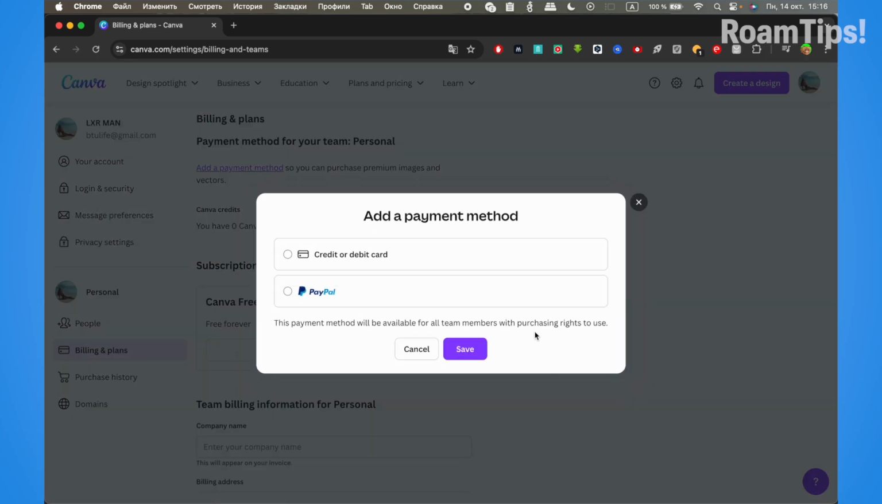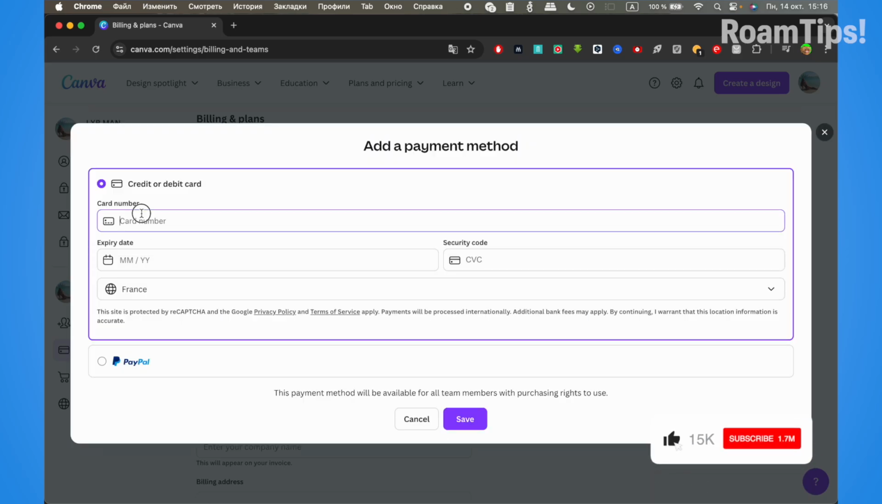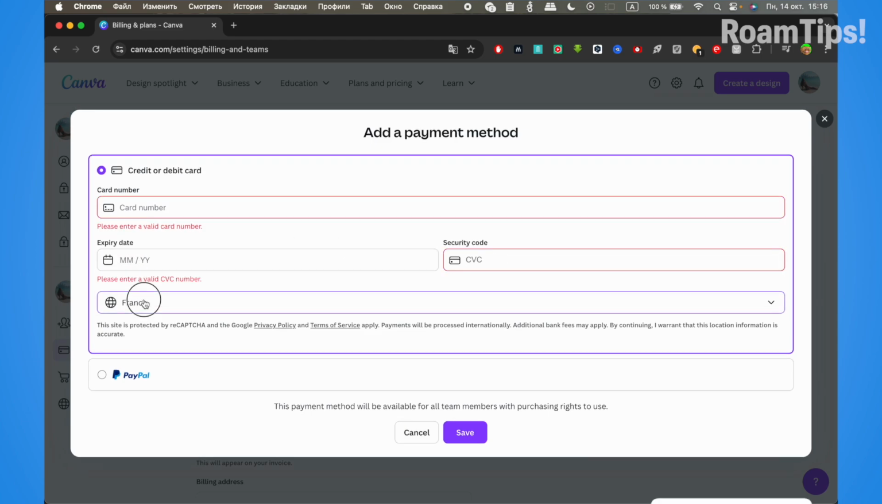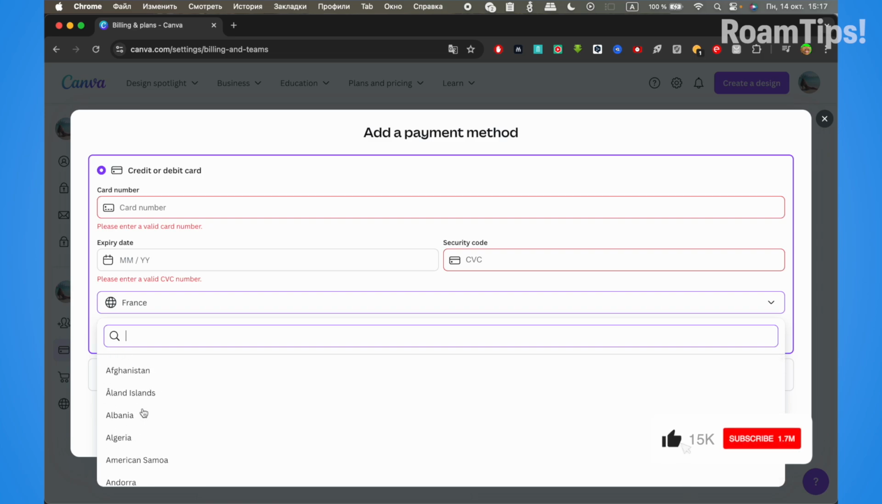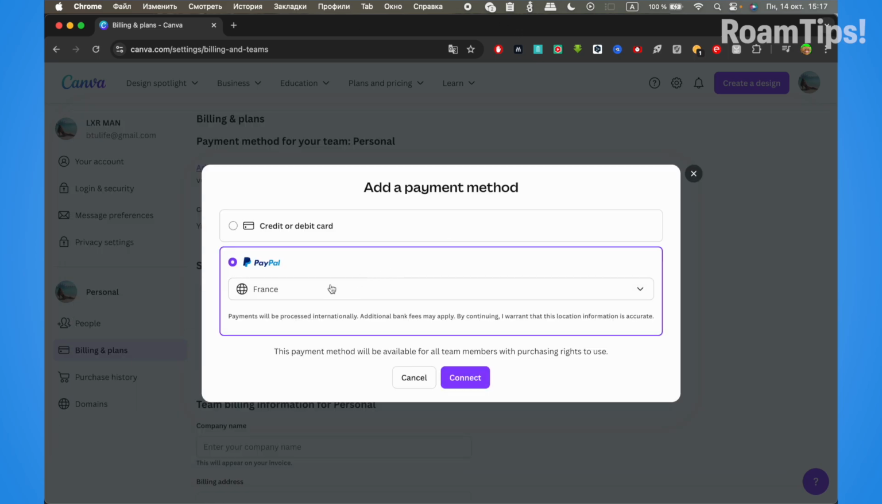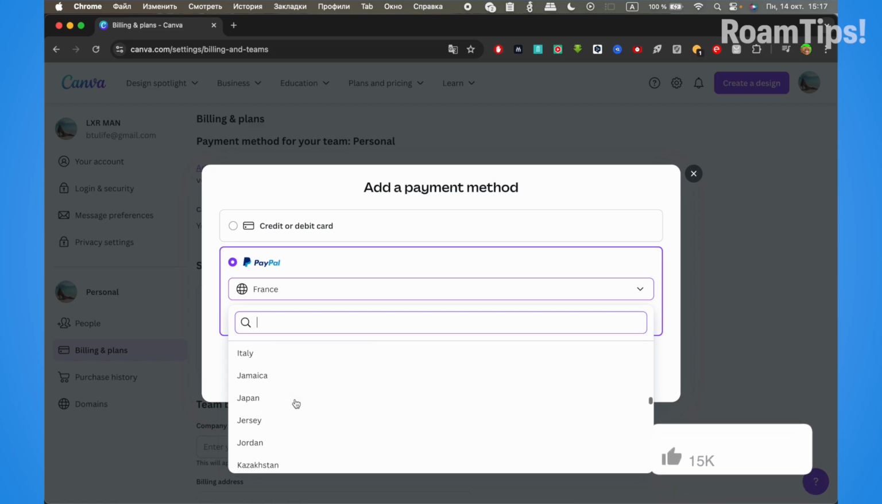Click on add payment method and click on credit or debit card. Write your card number, month and year, and CVC, and select your region and click on save. Alright, or click on PayPal and select your region